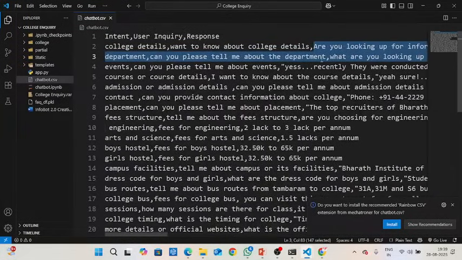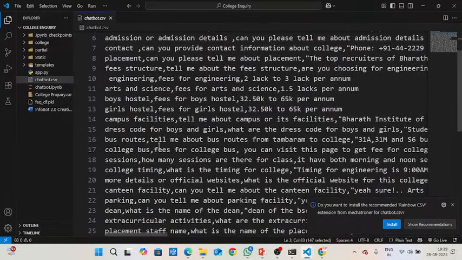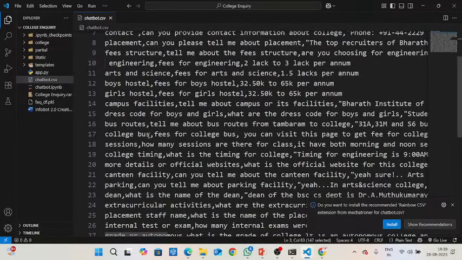Now we will try with some other intent. We will see whether your college has a bus or not. Likewise, we will check.